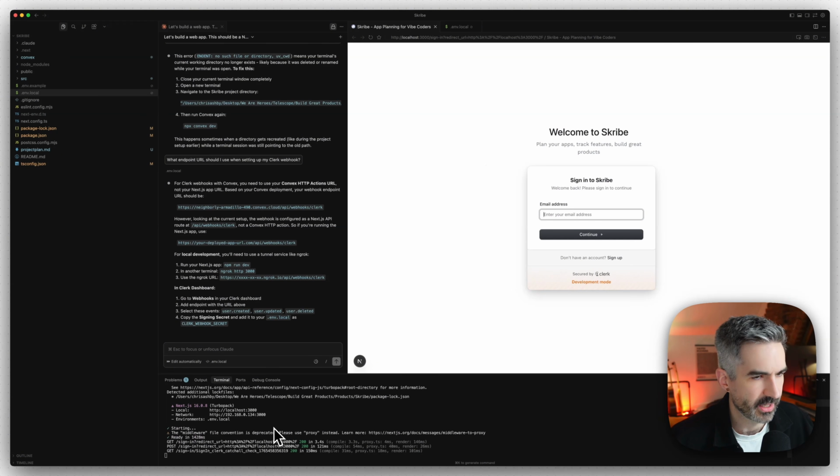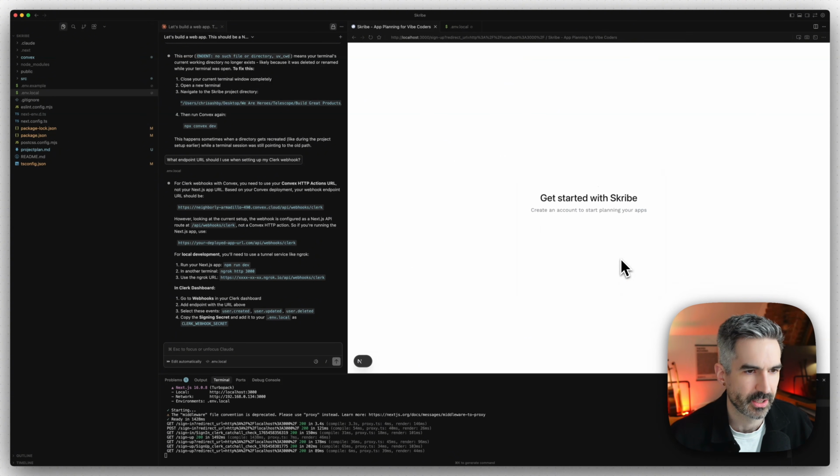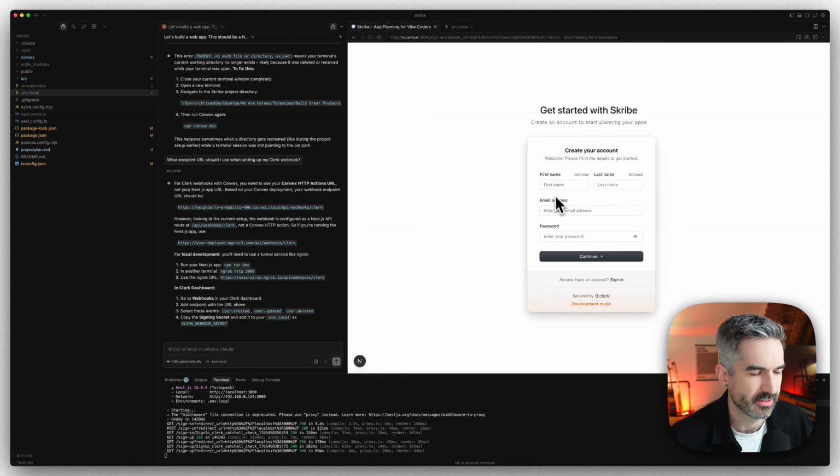So that's up and running correctly, and we can see here we've got welcome to Scribe, plan your apps, track features, build great products, which is nice because that's the channel. Sign in to Scribe, welcome back. This is basically our Clerk sign up here with our email address. We can click sign up, and we're going to go to the sign up page here using Clerk, and we can go through and test that this application works now. Now that we've got this set up and up and running,